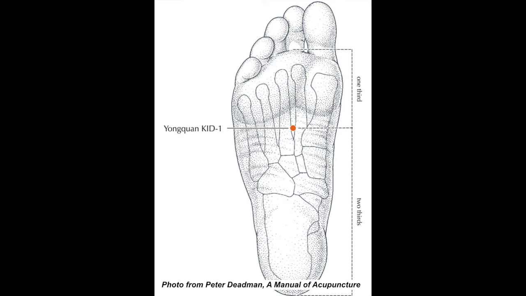I wanted to include a point on the foot just to balance out the rest of the other points, which are on the upper part of the body. And there's a lot I could have chosen, but I went with kidney 1 for 2 reasons. The first is that it's a really powerful point for grounding as it descends the excess from the head and it calms the spirit. And I think both of those things are really important in immune regulation. We're gathering so much science right now about how stress just wreaks havoc on the body. And this is an amazing point for just that.